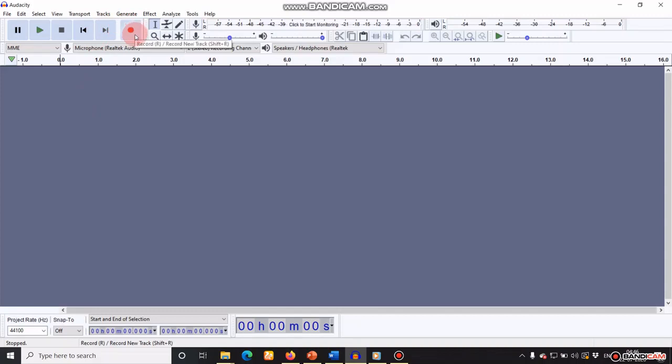Usually, on the top, there is a player control: record, stop, play, pause, skip to start, and skip to end. In the next set, you will see the I-beam, which is more or less a cursor, sometimes called the playhead. During recording and playback, keep an eye on these meters. One is for input with the microphone and the other is for playback with the speaker.